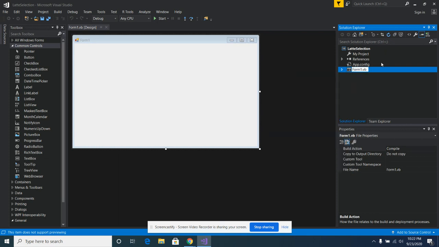But what you want to be careful of when you're renaming this is make sure you do not remove the .vb extension when you rename it. Okay. So I'm going to name it lowercase frm, LA. So then we do uppercase LATTE